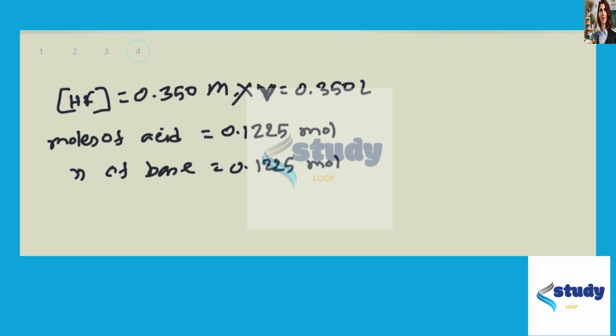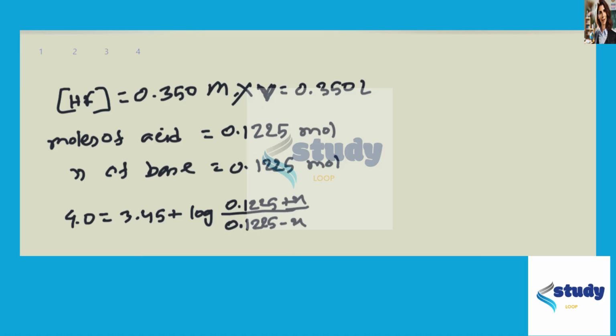so our pH limit for this case also is 4, and our pKa value is as before, it is 3.45 plus log over, in this case our resultant base concentration is 0.1225 plus x, and our resultant acid concentration is 0.1225 minus x. And again, solving this equation, we will have the value of x as